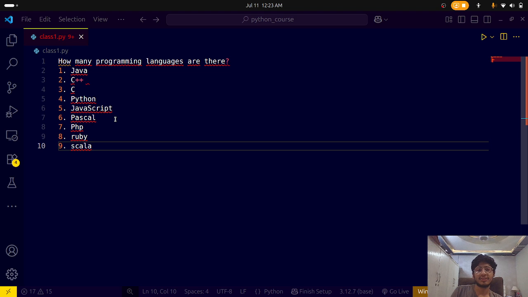C is nowadays not popular. C++ is the advanced version of C, so you can just consider it as a new version of C. Python is really famous. JavaScript is really famous; whatever website you're using is based on JavaScript. Pascal, PHP. I don't know about Pascal, but websites are now running in PHP,